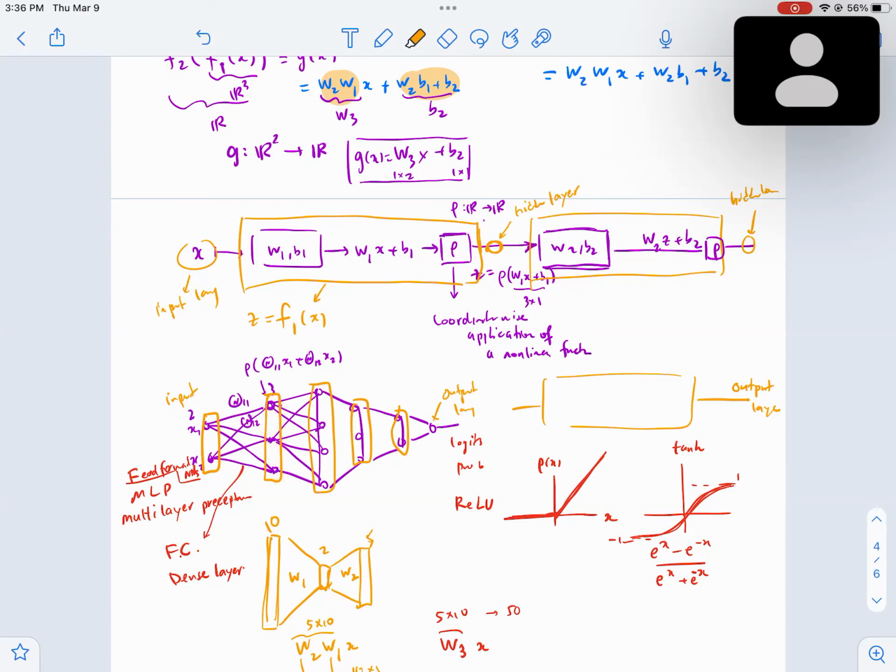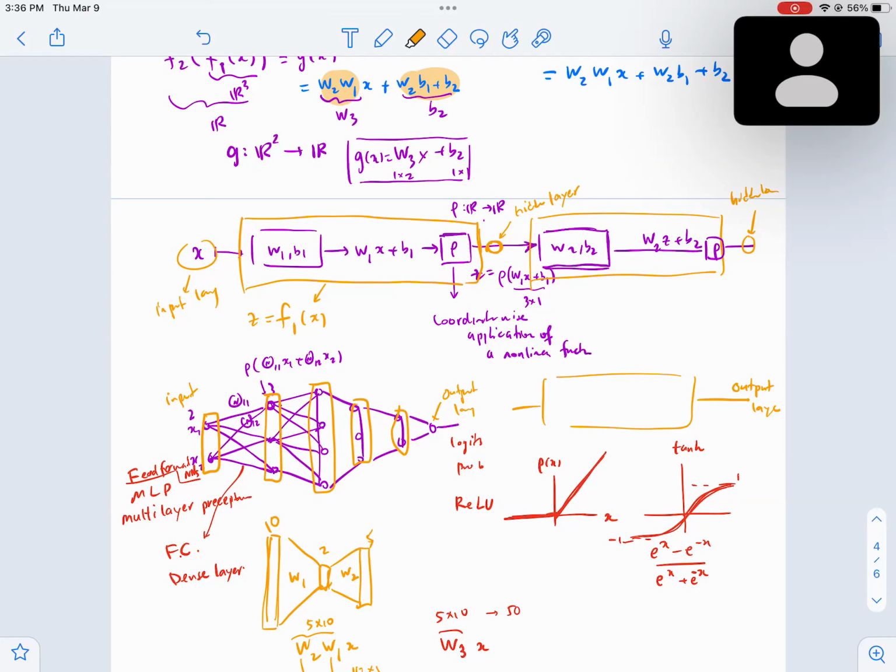So implicit in these nodes is the nonlinearity. So you apply a nonlinear operation to the linear map output, and that gives you the hidden layer,